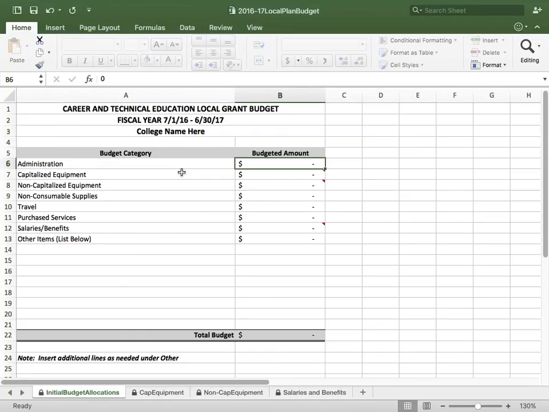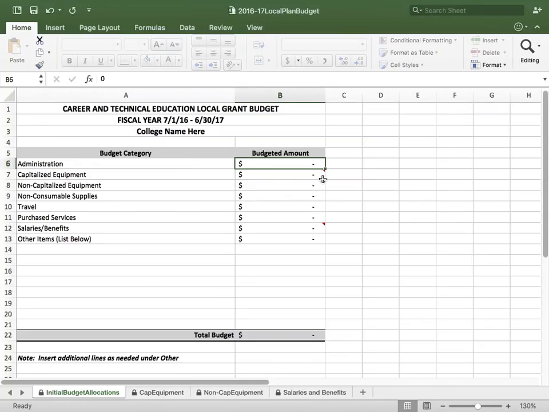We have some folks out there who are just extremely busy, and the grant sometimes doesn't get the attention that it needs. If you need to use the funds to get somebody to help you run the grant, please do so. You can use those funds to get an assistant to work with the paperwork. Yes, we even have some small colleges with employees who get a small stipend just to assist with this documentation.